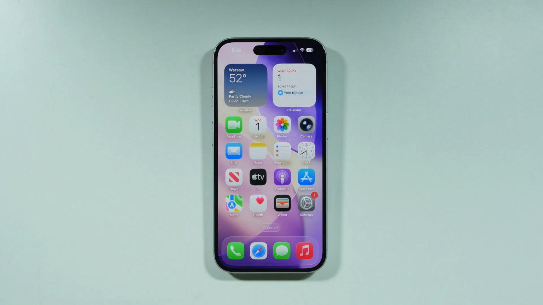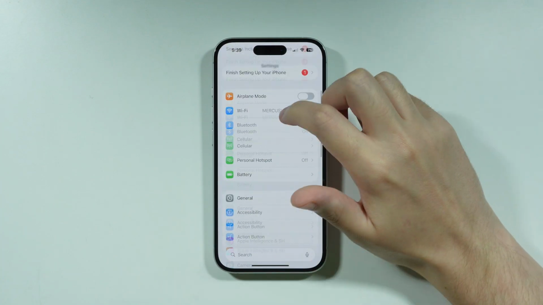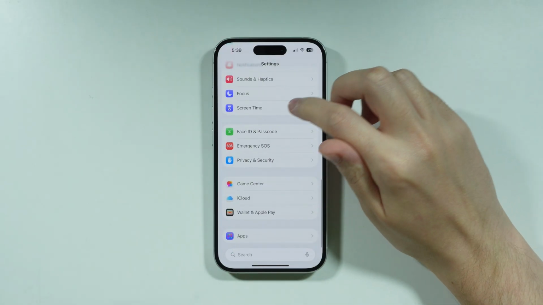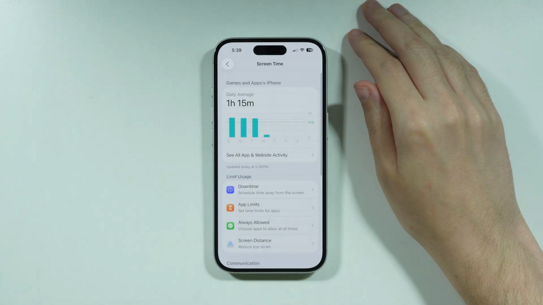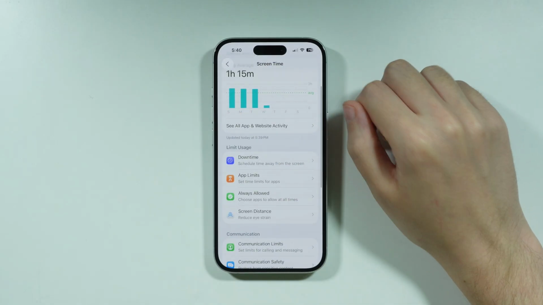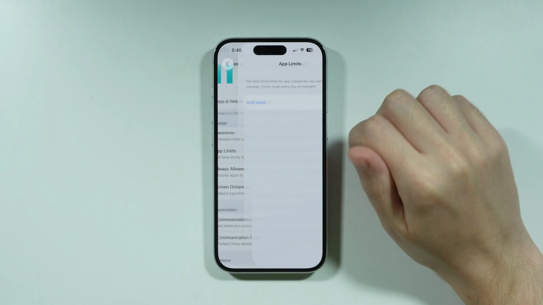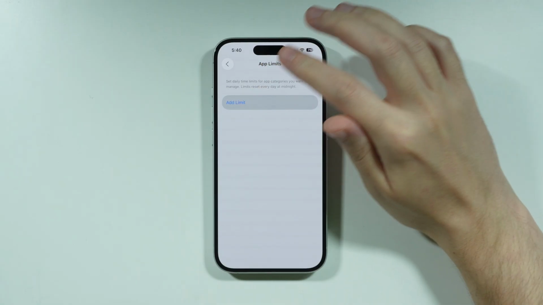If you want to set up app time limit on iPhone 17, then first of all we need to go to settings. We're gonna scroll down in settings and then choose screen time. You should have the app and website activity enabled, so make sure to do that if it's not on. And then over here we can go to app limits, and you should be able to press add limit over